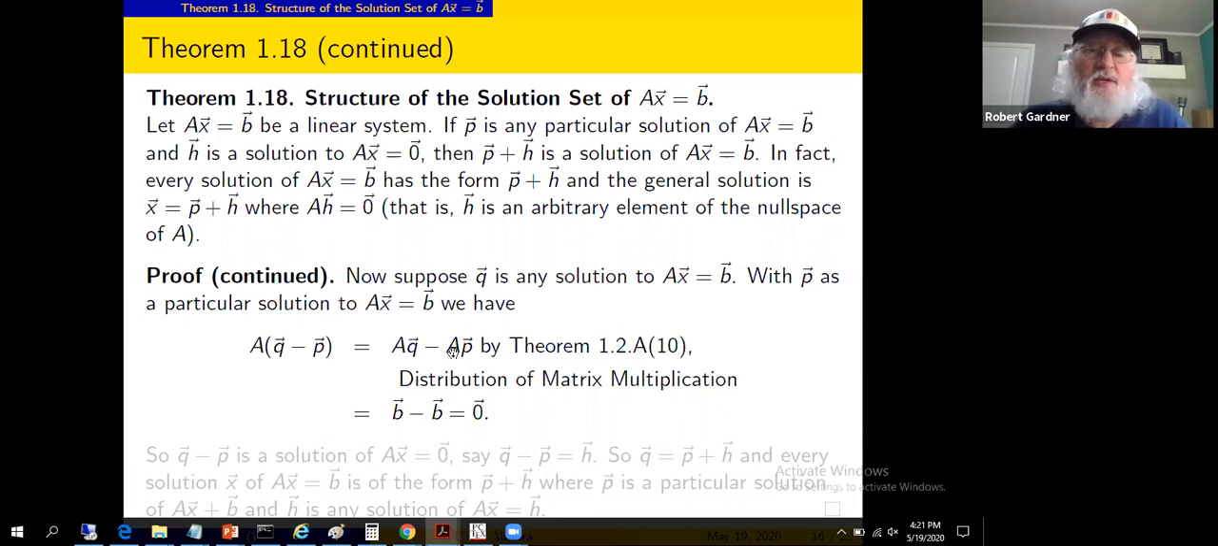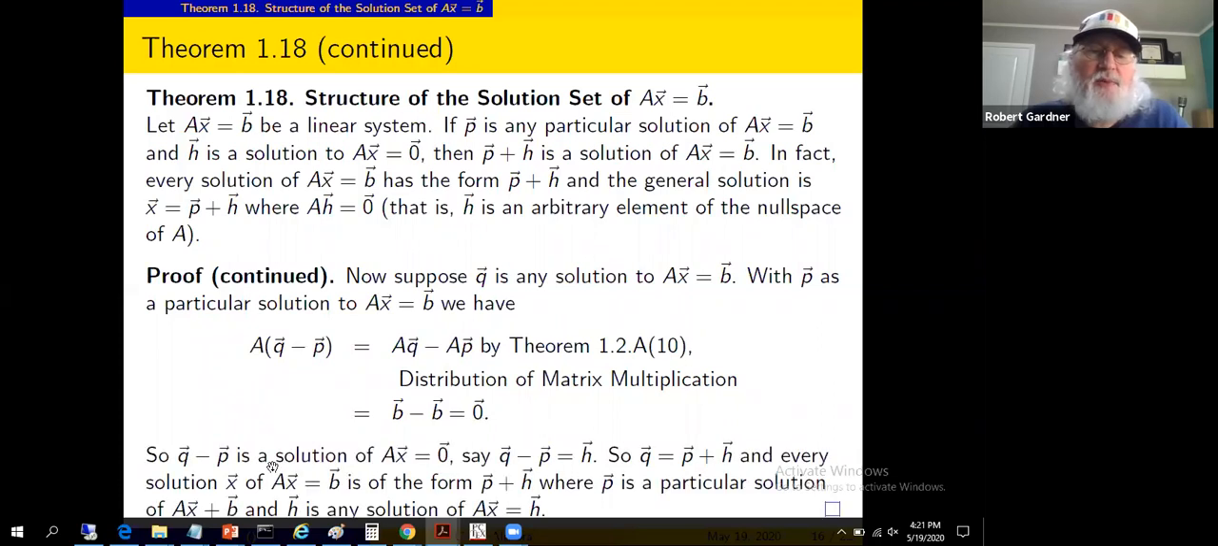Just like before, we can distribute A times Q minus P. We assume Q is a solution to AX equals B, so A times Q would be vector B. A times P, as above, is vector B. We get out 0. So Q minus P is a solution to the system of equations AX equals 0. Q minus P is a solution of the homogeneous system of equations. All right, we'll denote it with an H,